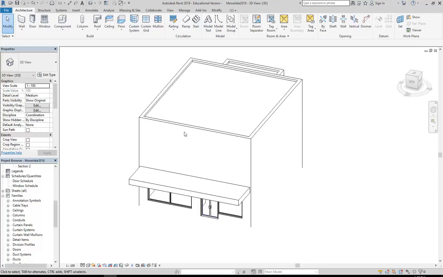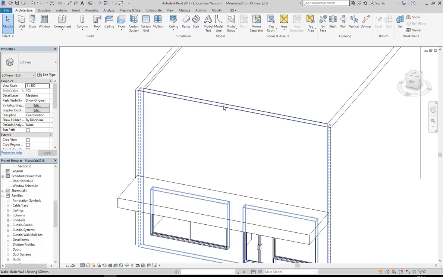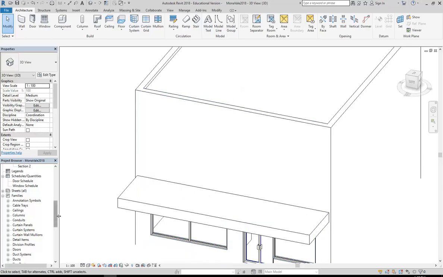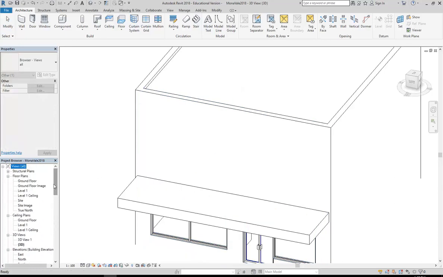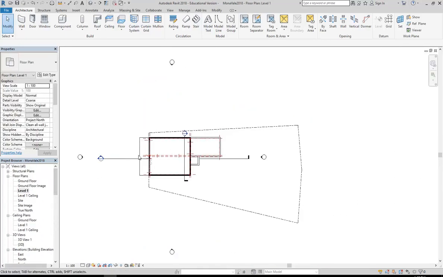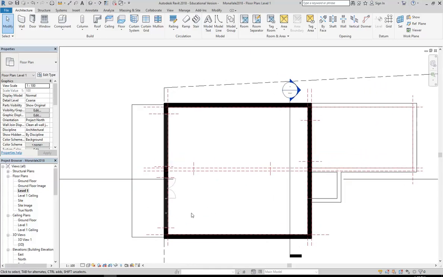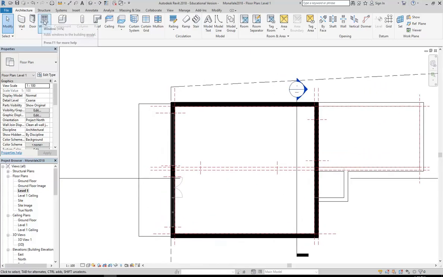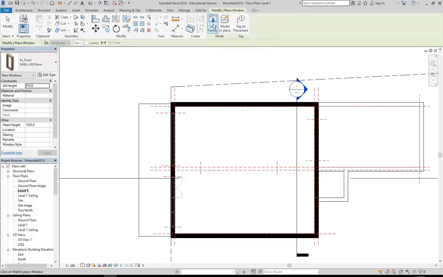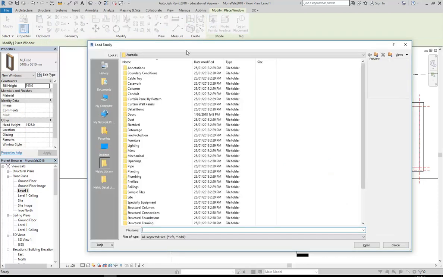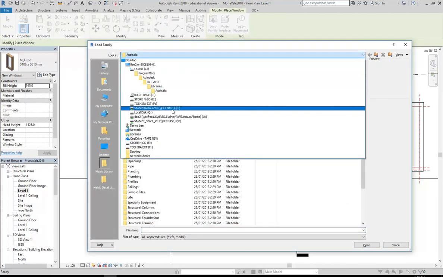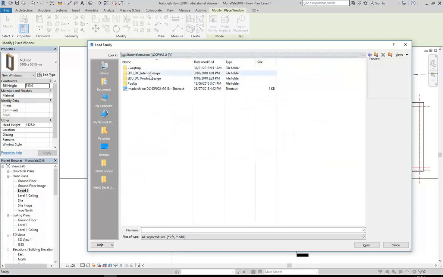Okay, so I'm just going to load the windows that I want into this upper level, the first floor. So I might go to the level 1 floor plan and then just go into the window tool and then load family, and I'm going to browse to the P drive, interior design,